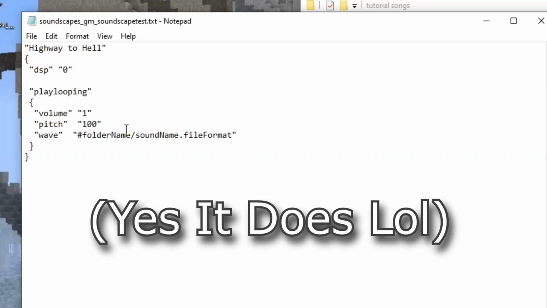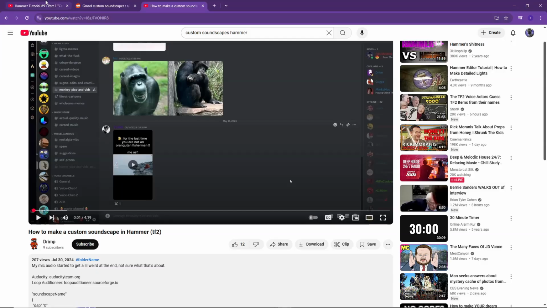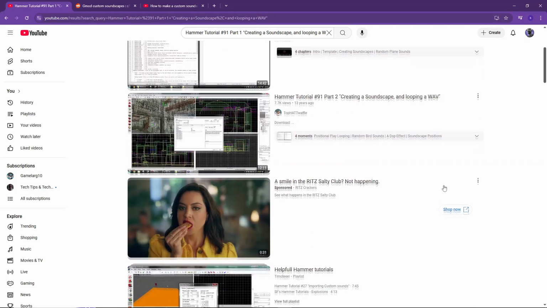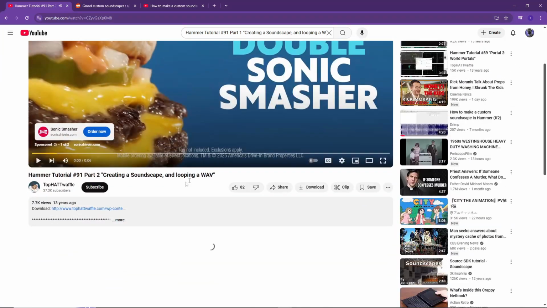The rest of the script doesn't matter. If you're wanting to make a more advanced soundscape, if you want to do it more correctly, I'm just showing you how to do it if you want just a sound you've already downloaded to play. But if you want different sounds happening at random times, like birds chirping at random intervals, or just smaller sounds happening, I would highly recommend the tutorial series by Top Hat Waffle,